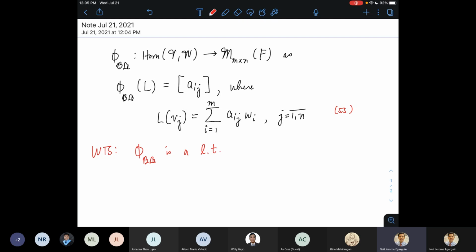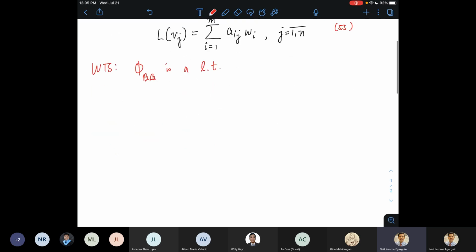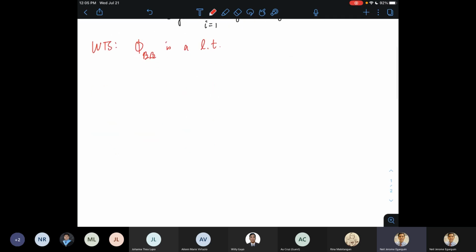It's a linear transformation from the set of all homomorphisms onto the set of all m by n matrices, okay? Pakita na natin yung monic, napakita na natin yung epic. So what's left to be shown is that it is a homomorphism to begin with. So in order to show this, I want to show that vector addition and scalar multiplication are satisfied or are preserved. So what I'll do is to take